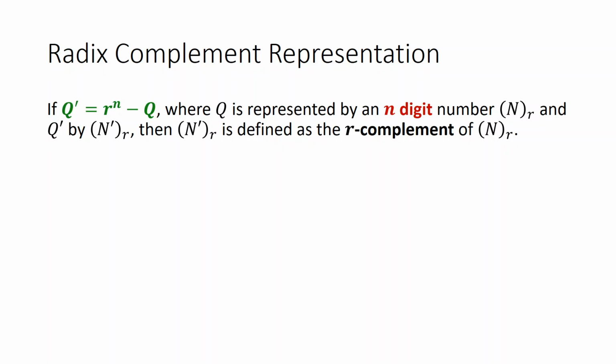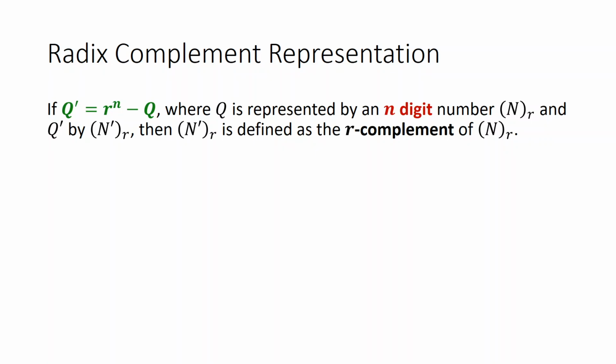These are not numbers. The q and q dashed are not numbers, they are quantities. r is a value, r raised to the power of n is also a value. So if we have a relationship like this, q dashed equals r to the power of n minus q,